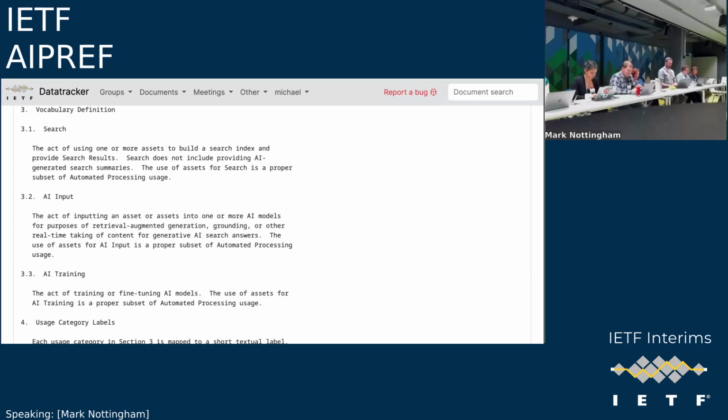But you already kind of acknowledge that that is not the case, which is why you added the second sentence, search does not include providing AI-generated search summaries. But then that raises the question, what is an AI-generated search summary? And I would argue that traditional search, which is a link plus a snippet, and the snippet has been chosen by an AI from the whole text, and sometimes even from different parts of the text taken together, is an AI-generated search summary. So I think if you take this at face value, if you say search the way that it is defined here, you would actually be excluded from search because traditional search is AI-generated search summaries.